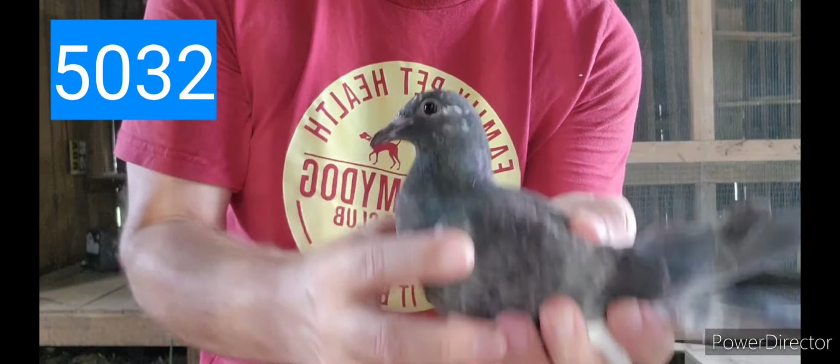RFRP 361, silver. Let's get her boosted and back into the loft. We've got one bird left, but I'm going to show you what I'm doing. I have decided that for my birds, I'm vaccinating for PMV and rotavirus. So I've got my vaccine here, and it's taken